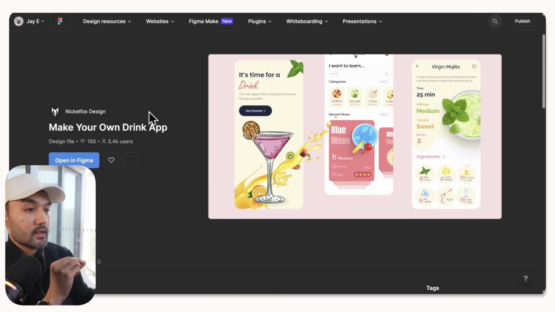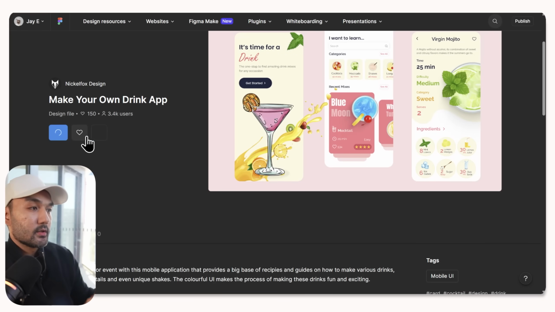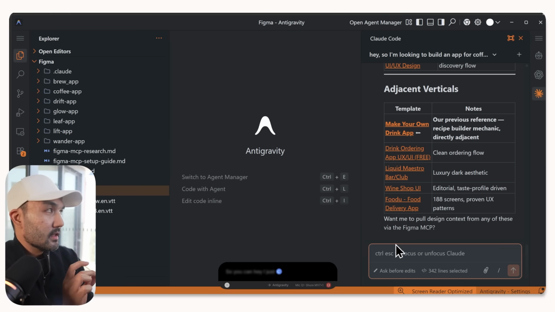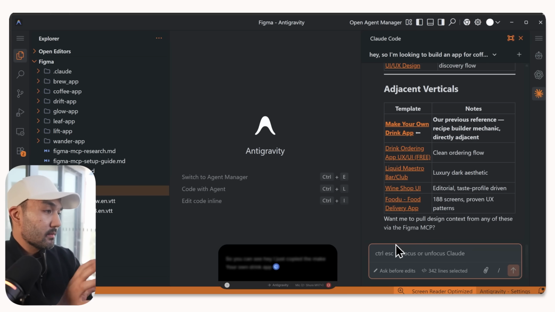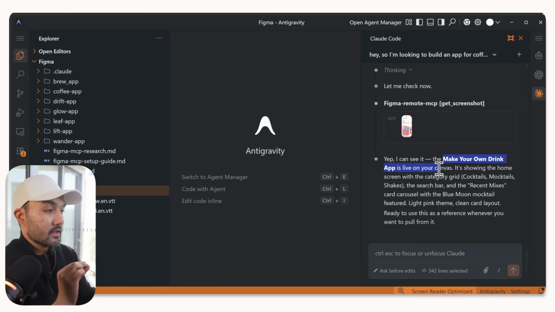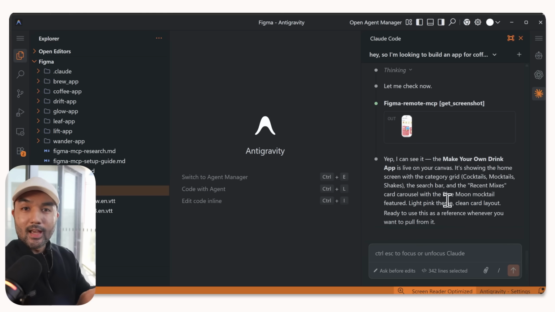So what you want to do here is open this in Figma so that you can copy this template into your space. And once you have this on your side, that also now means that your agent has access and visibility to it. Hey, I just copied the make your own drink app template to our Figma canvas. Can you check if that is visible on your side? And you can see that it has visibility of that design,